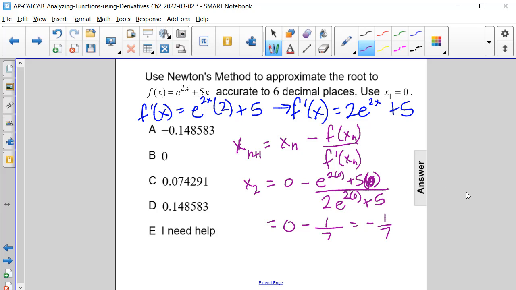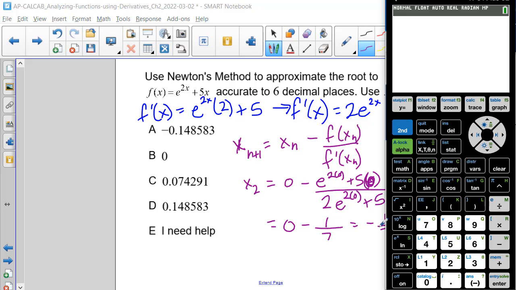Now to make this easier as we move forward, let's actually start using our calculator here. So if we switch, we already know we have negative 1/7 as our second x value, but we want that as a decimal to make it easier to plug in. So now what we can do to get Newton's method to become more accurate each time is to now use the answer